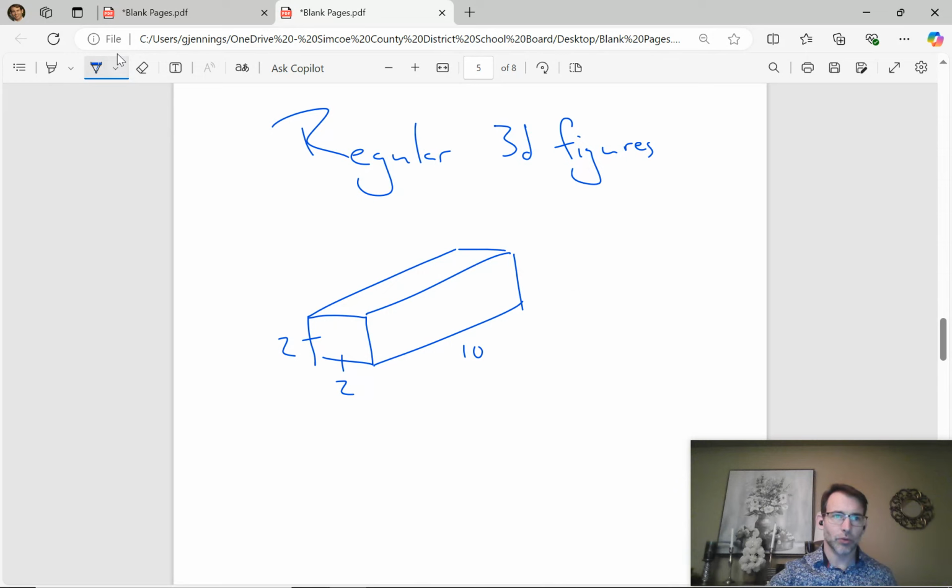And basically all we're doing when we find the volume of shapes like this is find the area of this face. If I chop it there, I would have inside there the same face. Like if I cut the chocolate bar, it makes the same shape all the way through. That's what it means to be regular. It's like if I chop it with a knife or a CAT scan or a laser cutter, it would be the same shape. Like a deli slicer. Okay, it's lots of different ways. So the area of that is constant throughout the length, and the volume of regular figures